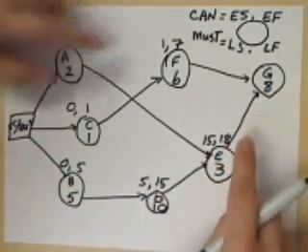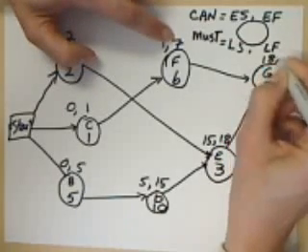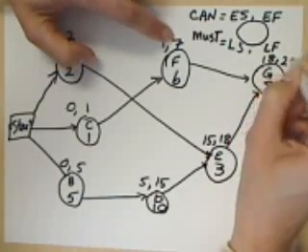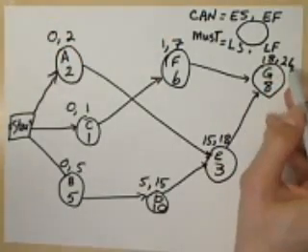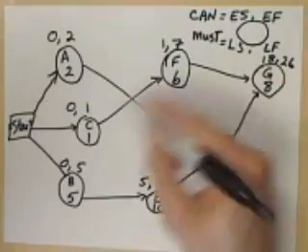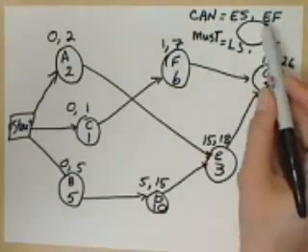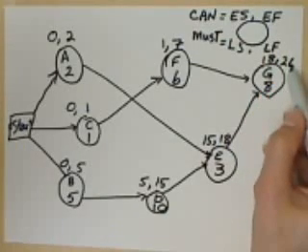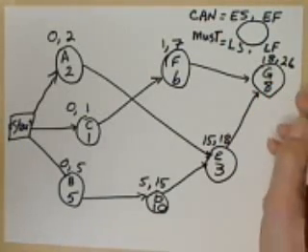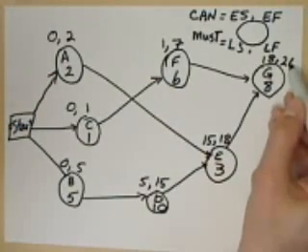And finally for G, the choice is between 7 and 18. I'll put 18 here. 18 plus 8 is 26. And now we can interpret this 26 to mean that the earliest time that this project can be finished is day 26, or 26 days. Now, for our backward pass, let's go ahead and use that 26 and set it equal to our